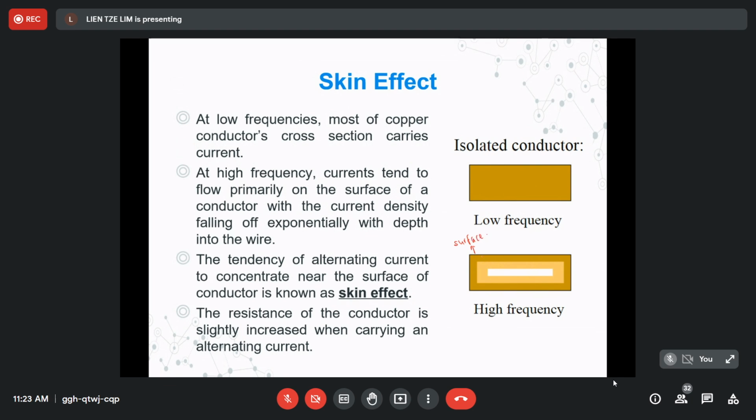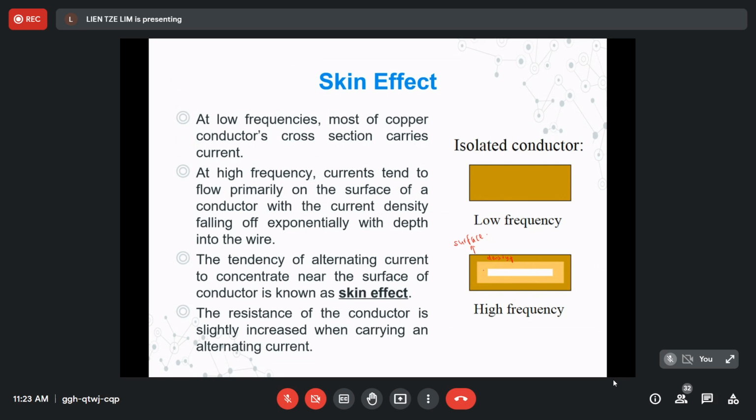The surface of the conductor has the highest current density, and then the current density decreases with the depth into the wire. So you see here, this is the current. As highlighted here, the density here is higher, and then the current density drops